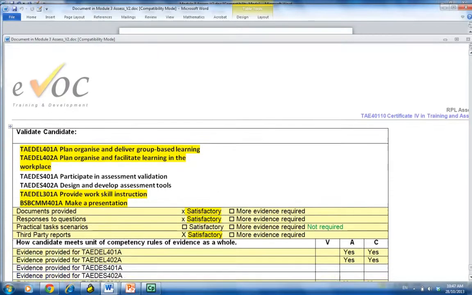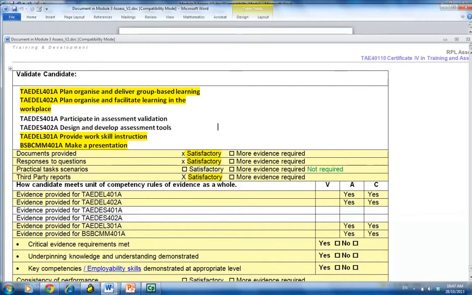Moving down, so we've highlighted the 4 units that relate, because this is a generic TAE 40110 form, so we've just modified it according to our needs. Now this is the areas that I'll need you to complete. So working with me as your supervising assessor,